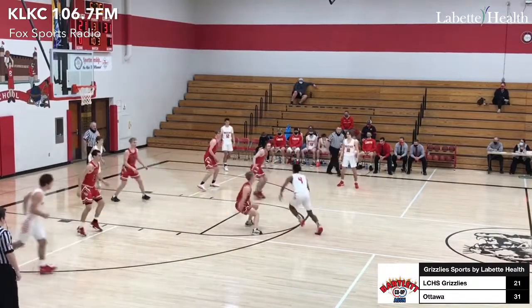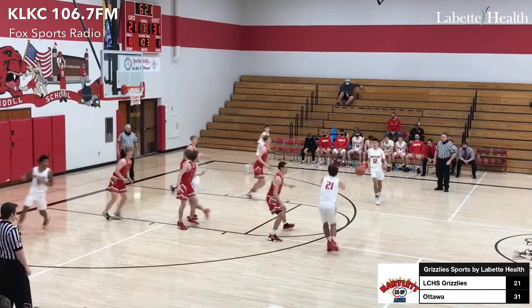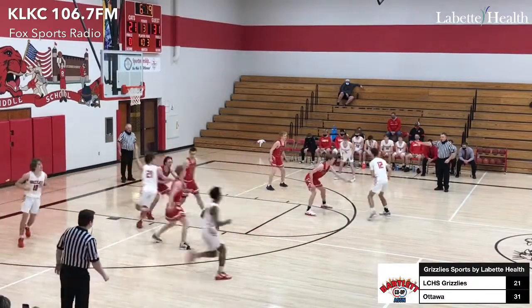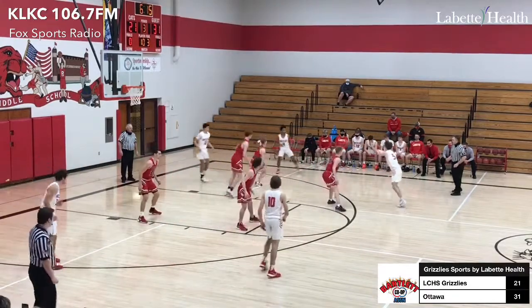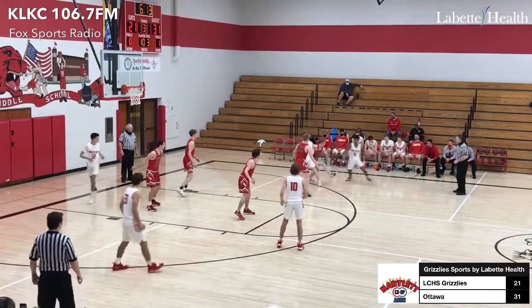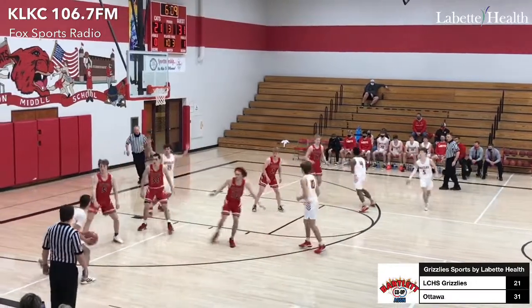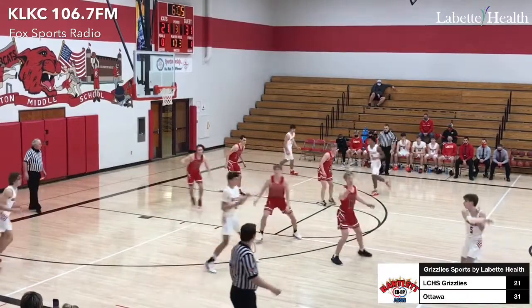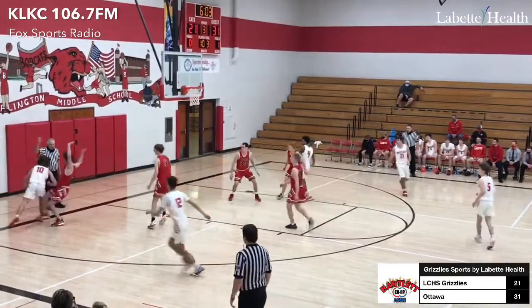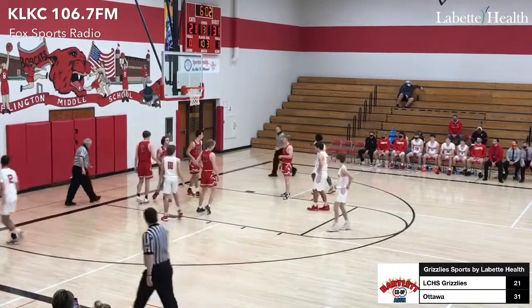6:28, just 2 minutes into this second half. Grizzlies down by 10. Brock to Meister. Meister surveys, kicks it to Heston. Now going to go set a screen, slip it now. Heston on it, kicks it to Vincent. Vincent's going to drive into the middle of the floor, kick it to Carnahan. Thought about the three, now it's Meister. Meister drives up to the top, kicks it to Heston. Now Carnahan in the corner, drives baseline, and Beats picks up his fourth, and that is huge for Labette County,